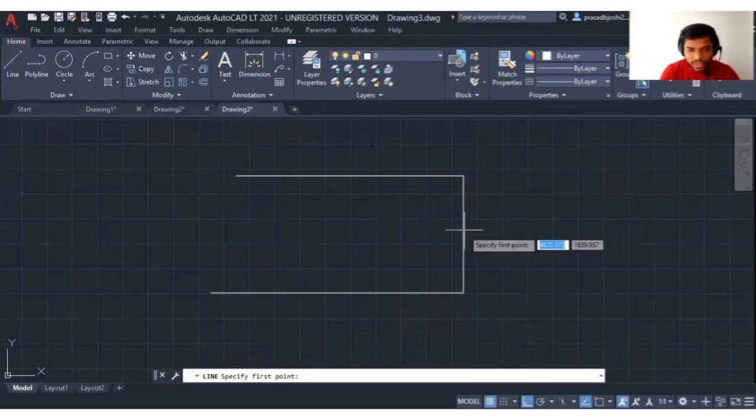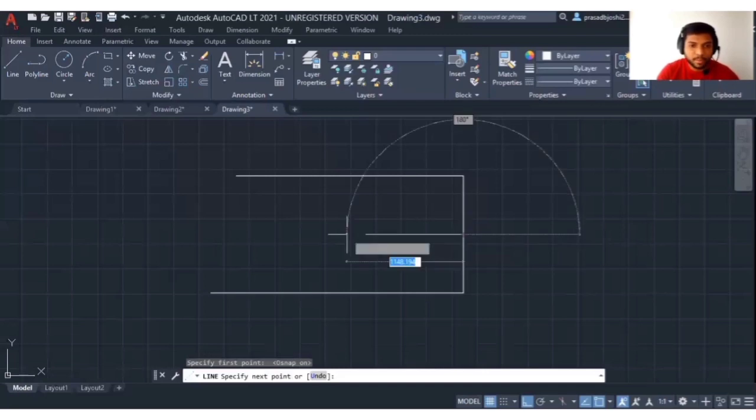Now we can see we cannot trace the midpoint over here. So let's turn on the object snap mode by F3. The object snap mode gets activated. Now it shows the midpoint by a small green triangle. So this is the use of object snap mode. We can trace the endpoints or midpoints or any other points easily. That's why always keep the object snap mode on and select all. Now we can draw the line from exactly the midpoint.